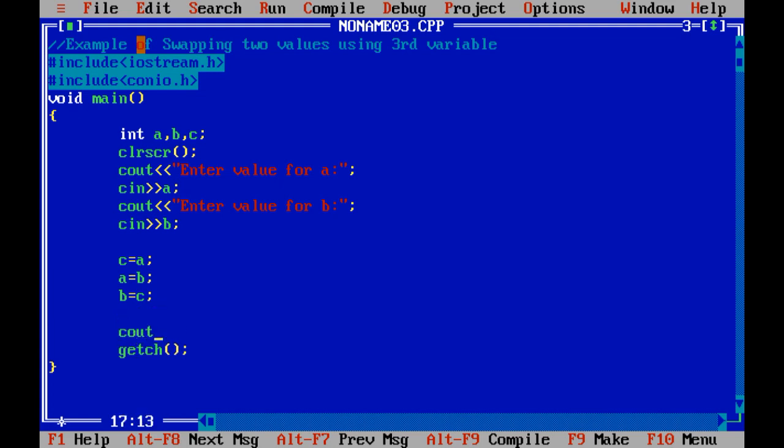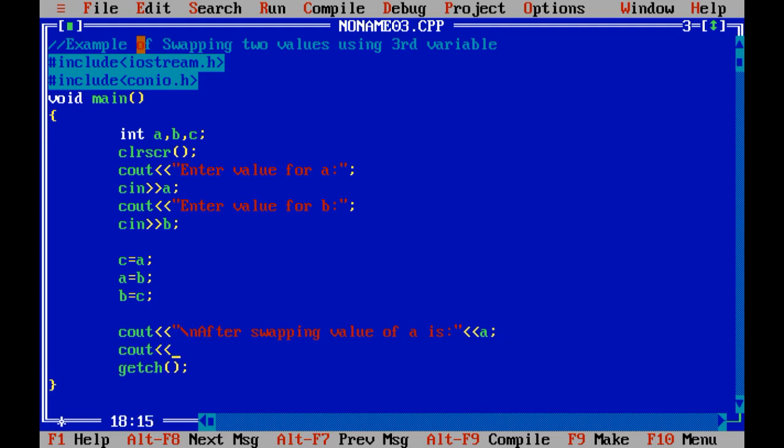So here now you can print like this: \n, "after swapping value of a is", and the name of the variable, that is a.